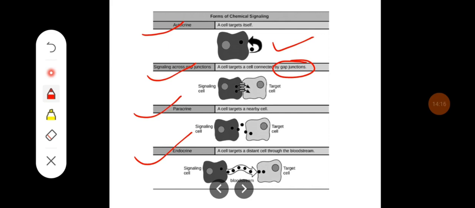Then paracrine, where the chemical mediators are produced by a particular cell and are going to affect the functioning of the adjacent cell which has receptors for them, and this is called paracrine functioning. Whereas in endocrine functioning, the chemical substance produced from a particular cell is poured into the bloodstream, and it is going to reach the far away target cell and bind to the receptor, and this receptor complex brings the changes in the distant cell.